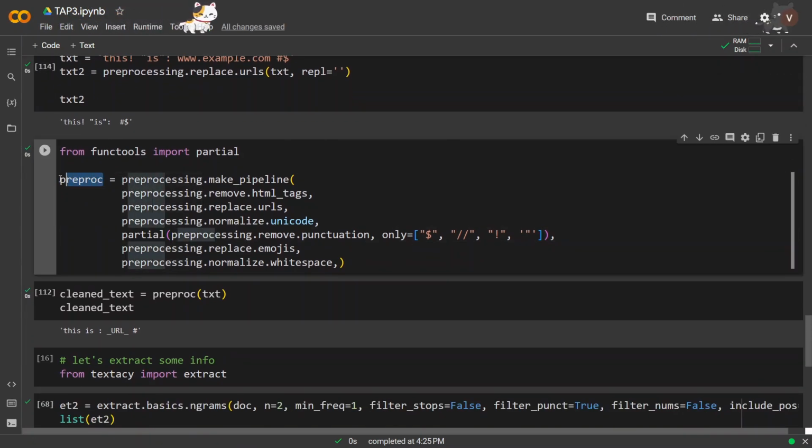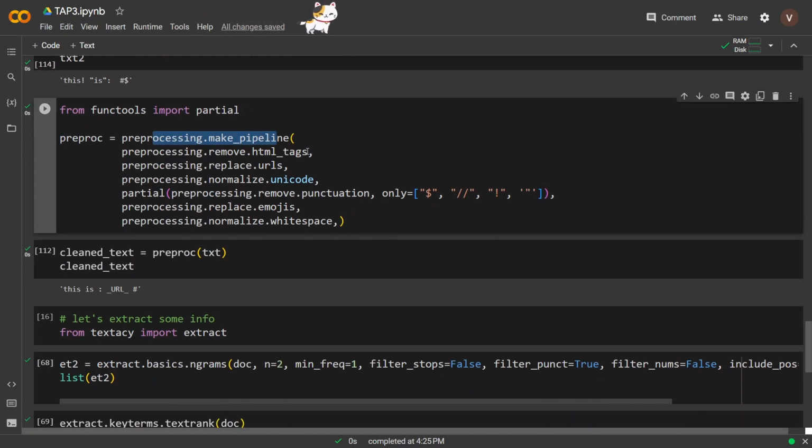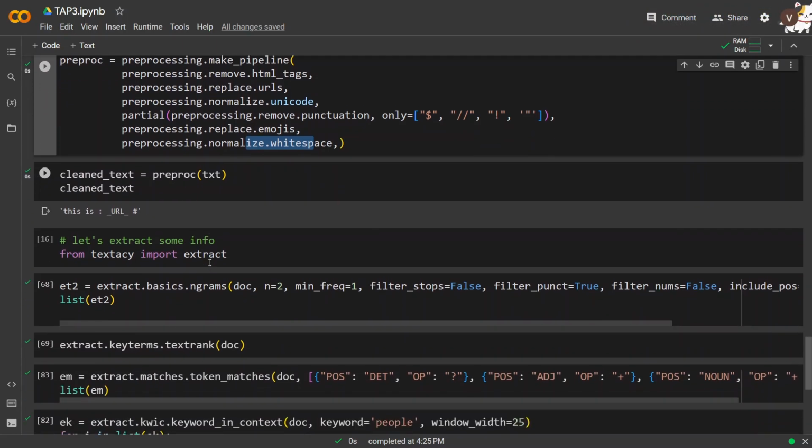So we just created a pre-processing pipeline, and we added these to it to remove the HTML tags, replace URLs, normalize Unicode, remove some punctuations, replace the emojis, and normalize white spaces, because you might have white spaces, I mean, more than normal. Okay,